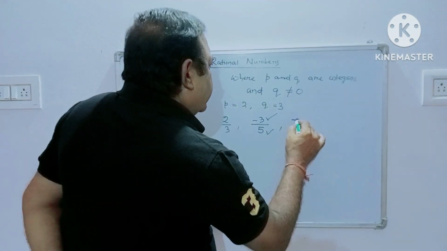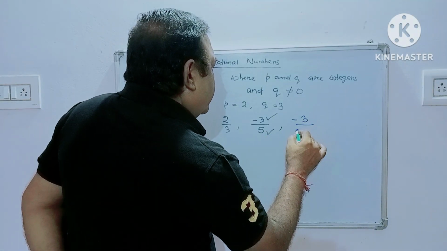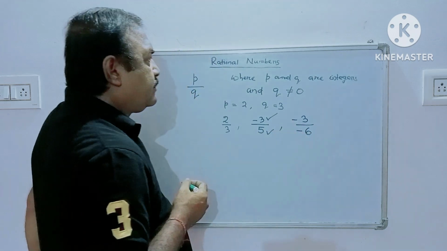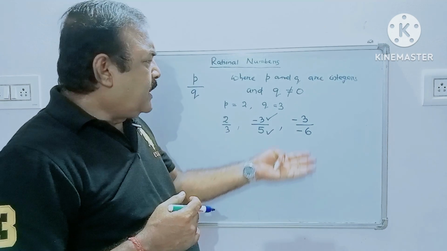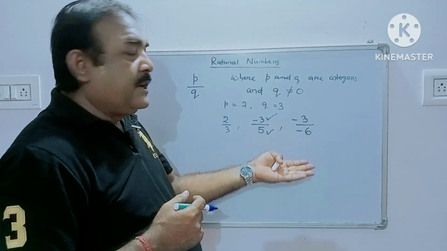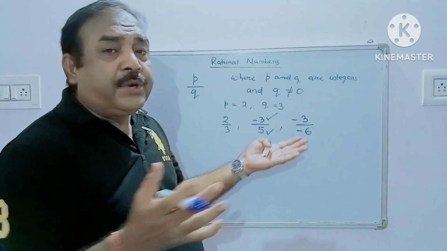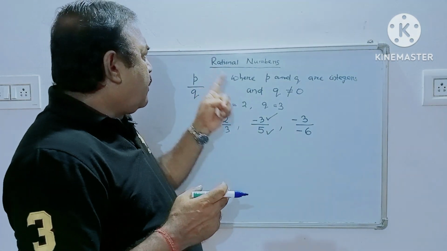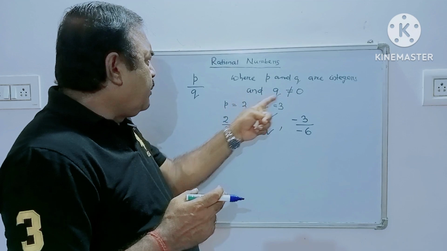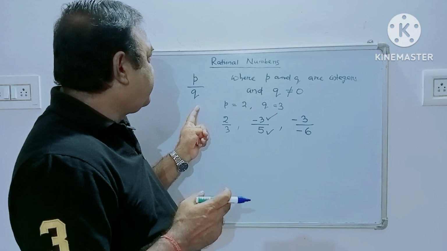If I write like this, suppose minus 3 upon minus 6, it is a rational number. Because you see, minus 3 is an integer, minus 6 is an integer, and minus 6 is not equal to 0. So, P upon Q, where P and Q are integers and Q is not equal to 0, they are